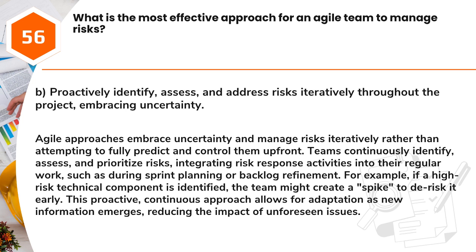Answer: B. Proactively identify, assess, and address risks iteratively throughout the project, embracing uncertainty. Agile approaches embrace uncertainty and manage risks iteratively rather than attempting to fully predict and control them upfront. Teams continuously identify, assess, and prioritize risks, integrating risk response activities into their regular work, such as during sprint planning